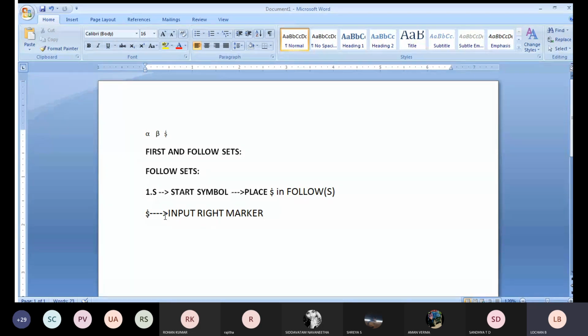Whatever steps I told, with respect to the 3 points we are going to refer to for follow, everything is there in the notes. Whatever notes I sent yesterday to your group, everything is there. Once you go through it, if you have understood, it's well and good. If you find any difficulty, you can call me and ask your doubts, or in the regular class itself you can ask me, it's not a problem. Okay, in the follow, whenever S is